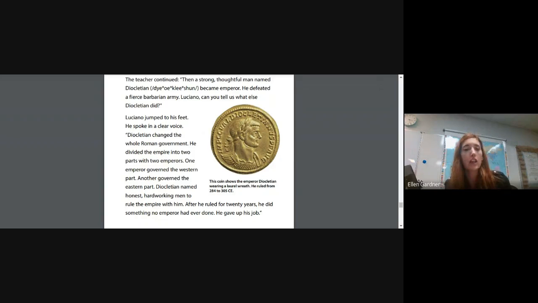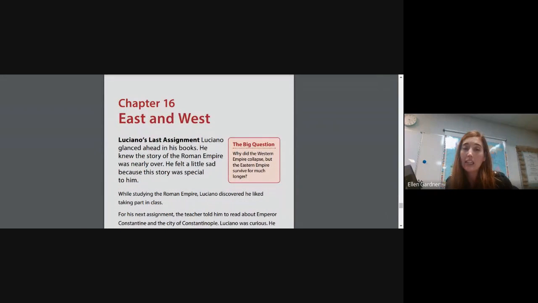So Diocletian had a great idea. The empire was really getting too big, so it does make more sense to have two emperors, similar to when Augustus Caesar and Mark Antony were trying to split their power. So we've got the Western Empire now and the Eastern Empire. We're going to hear more about that in chapter 16 when we get into what those two empires are like. And one ends up being stronger than the other, as we'll see when we get into it.